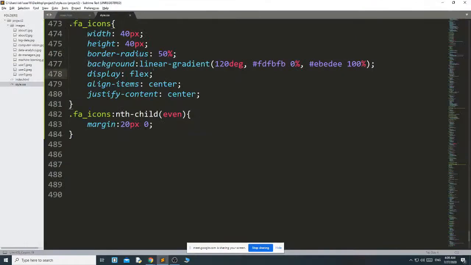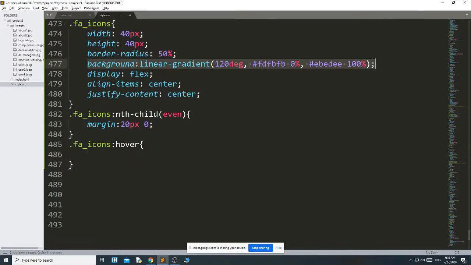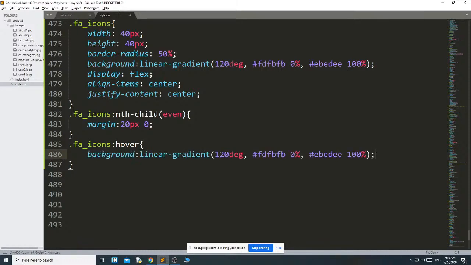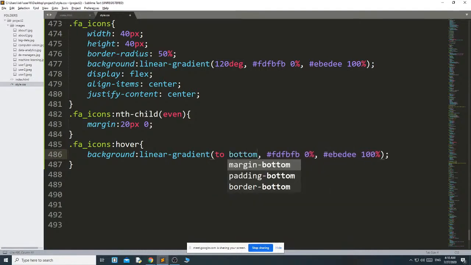Okay, then once you hover, dot fa icons hover, when you hover you want to change the background color, then you just copy this thing and paste it to the bottom.